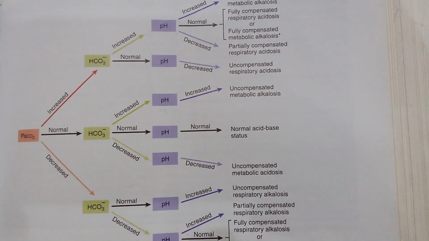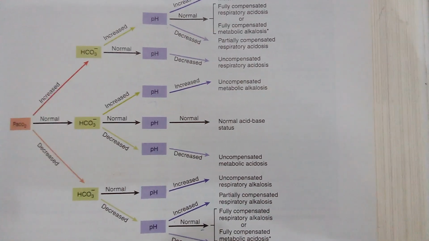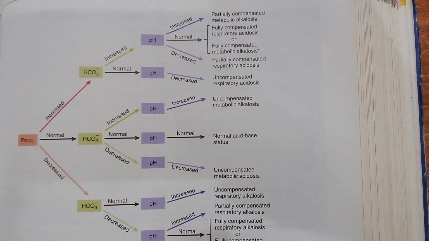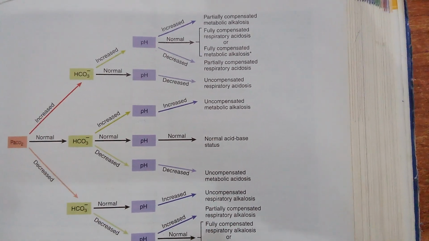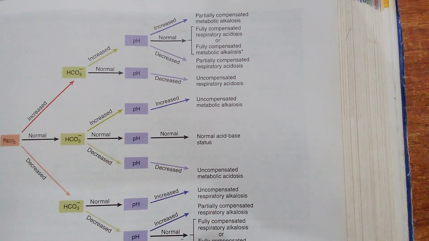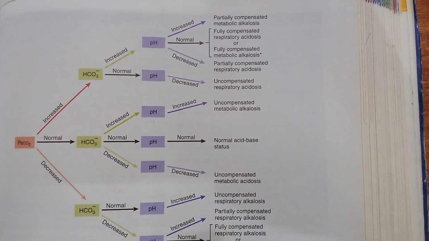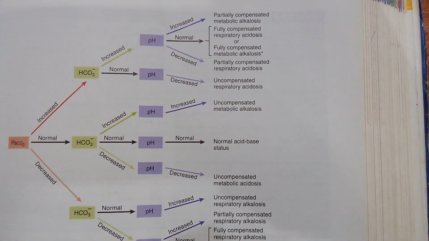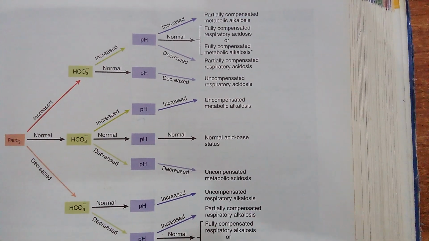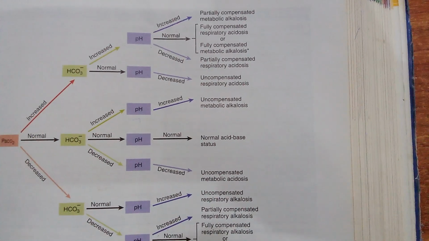If HCO3 negative ions are increased in the scenario, then we have to look at pH. If pH is increased, then the scenario is partial compensated metabolic alkalosis, or you can say compensated metabolic alkalosis if